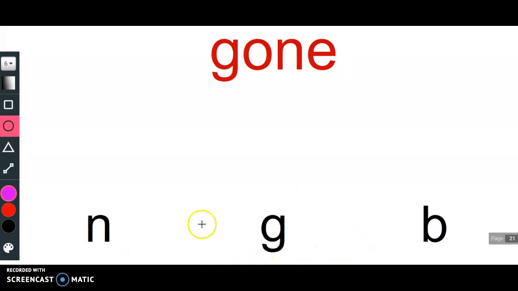What letter does the word gone begin with? N, G, or B? If you chose the letter G, you are